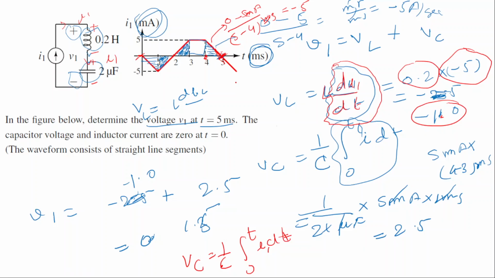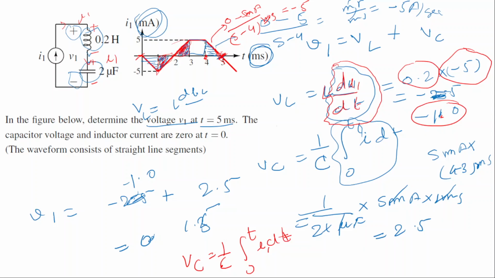We can calculate the whole area, but to get the answer fast, or to eliminate some redundant areas, we can cancel these two symmetric areas. This area will be positive and this area will be negative, because this curve is lying below the time axis. So these two areas will cancel out, and the net area due to these will be 0.